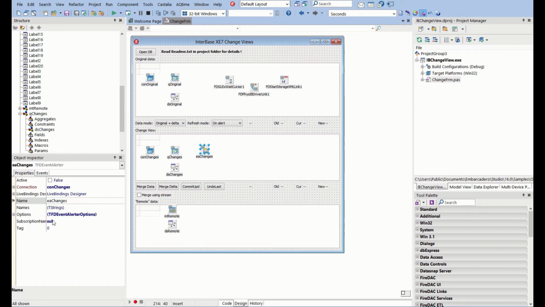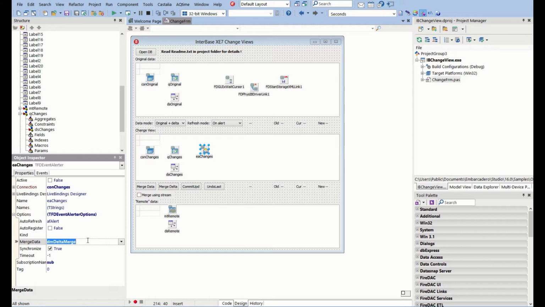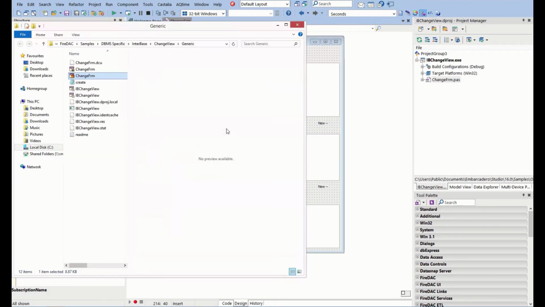Now the great thing about this change alerter is that we're able to set this to be a merge delta. So it's going to be merging just the delta. We're able to basically just tell it the subscription that it's running is called sub, and that was set up in the script earlier. So let's just jump back to that folder,